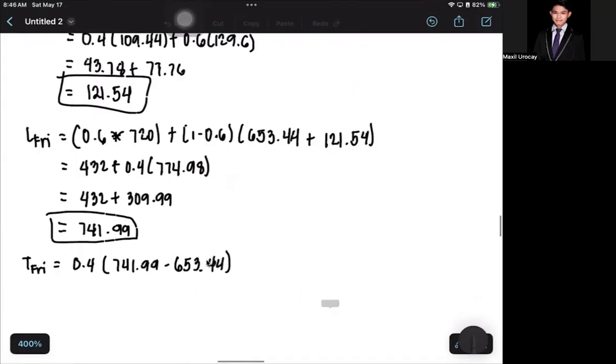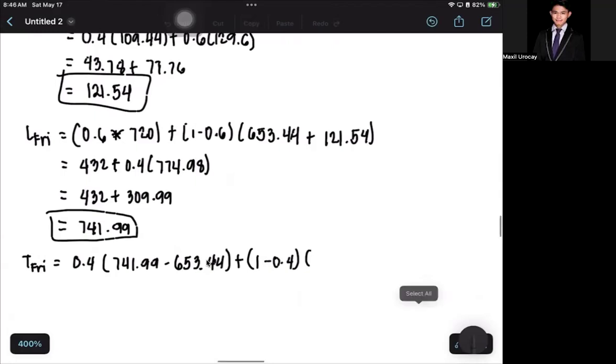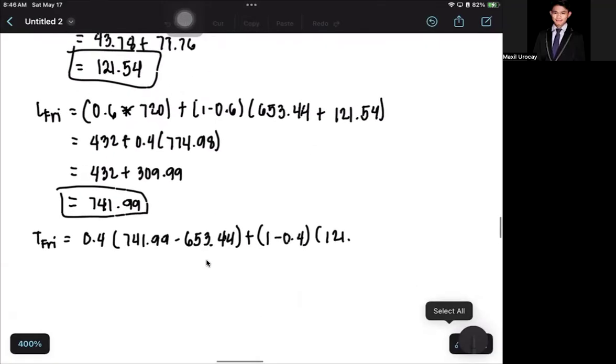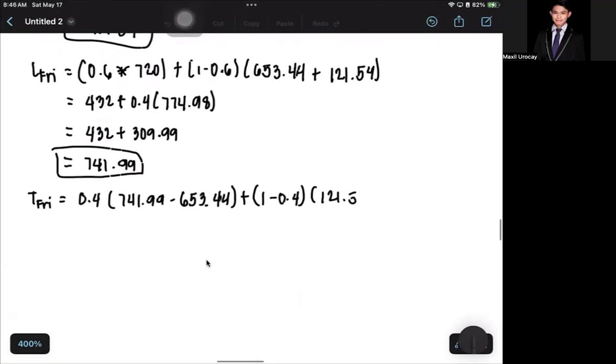And then plus the beta, then the previous trend, which will be 121.54. That is your previous trend. So calculating that one, 741.99 minus